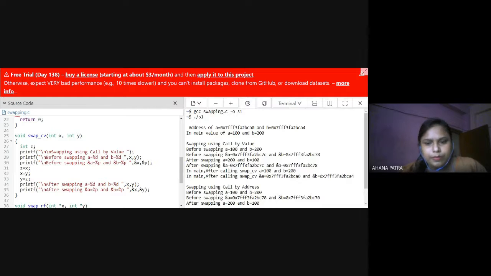And after swapping, the address of a and b in the swap CV function, this address is the same, but the value is interchanged only between a and b.